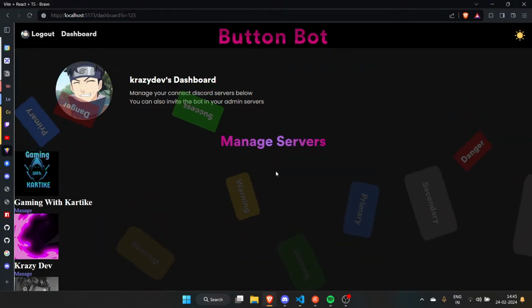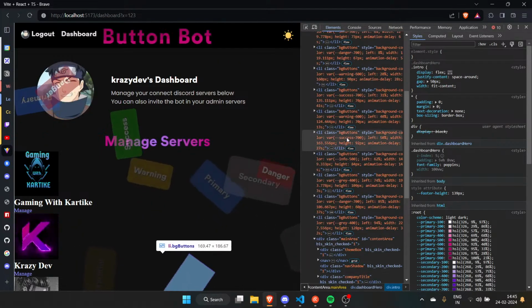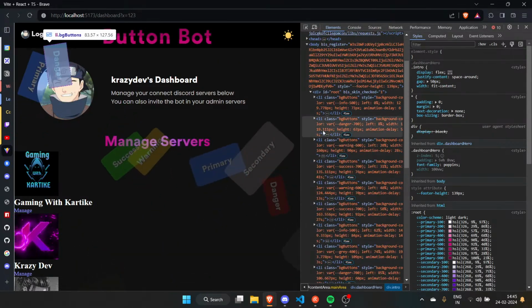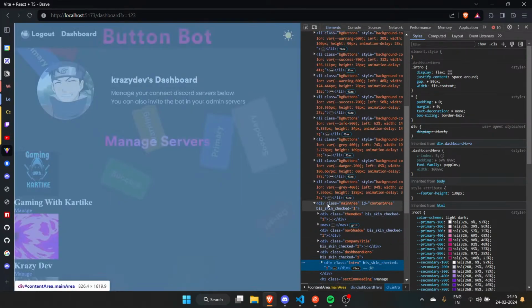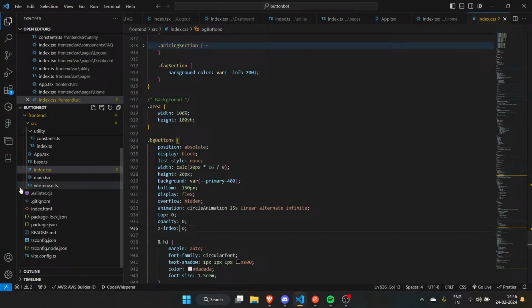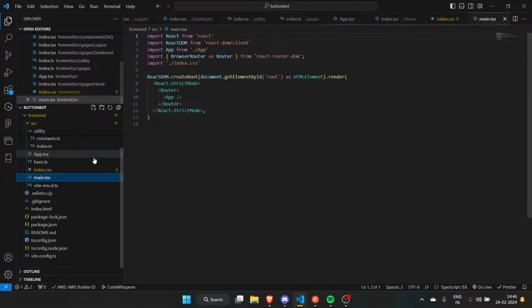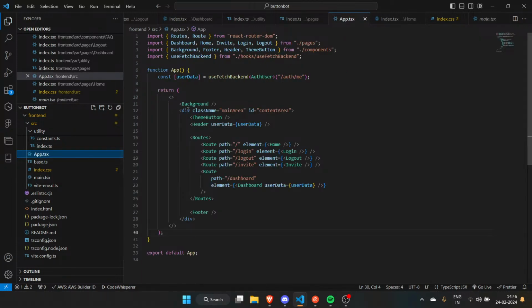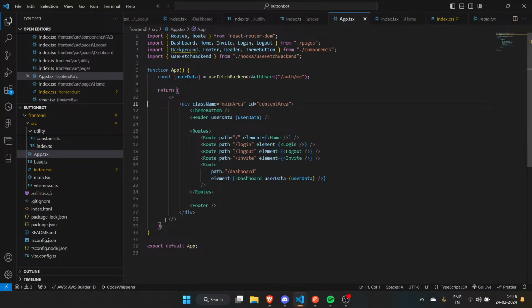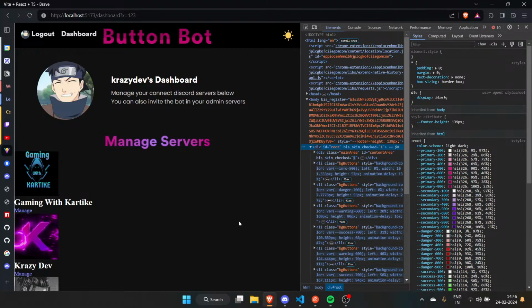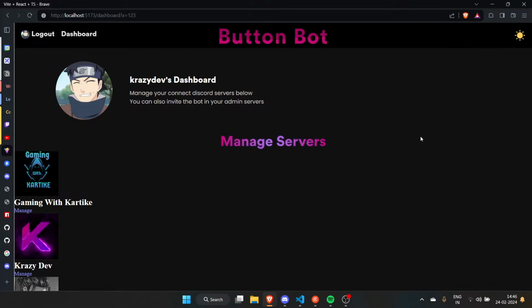That's nice. Let's see. We have a lot of elements in the root. And then we have our main area. Okay. I'm not sure why that's happening, but what if the background comes afterwards? What happens now? What's up? Show yourself, dude.